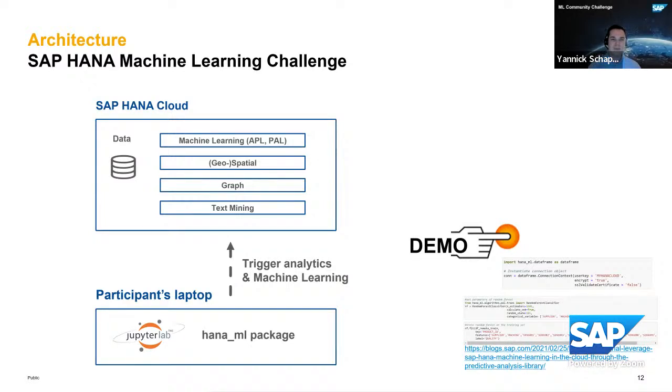And I would say let's take a look at the concrete example. You will of course also find the code I'm about to share in a blog post we published and in a GitHub repository. So if you want to follow the demo later through the blog post, that is of course also possible.